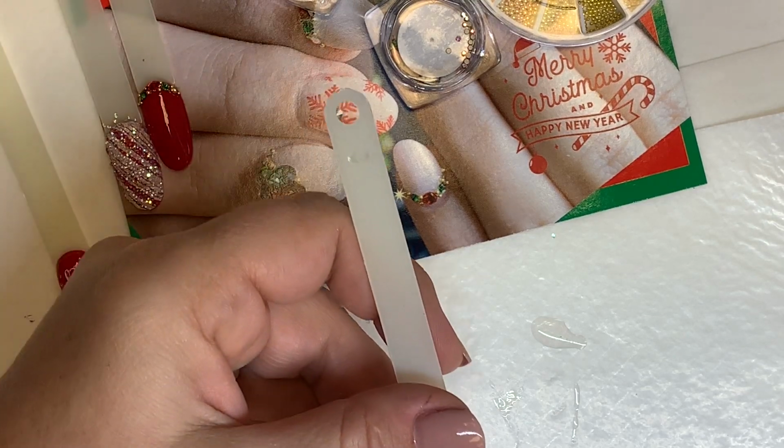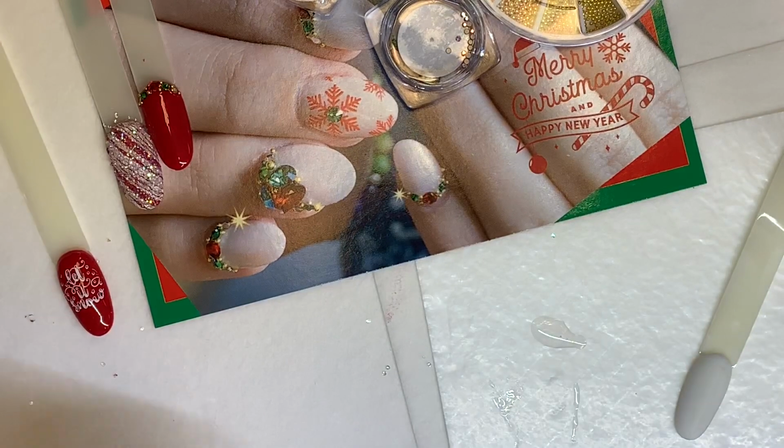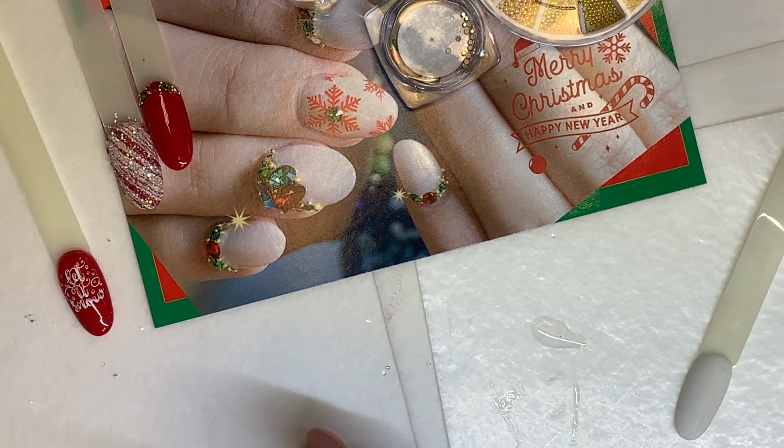And we're gonna take a gel brush. Actually, before I even put the gem gel on there, what I like to do is kind of lay out my stones, because sometimes I get a little ahead of myself, and then it takes me a minute to find the stones that I want to work with. So let's just grab